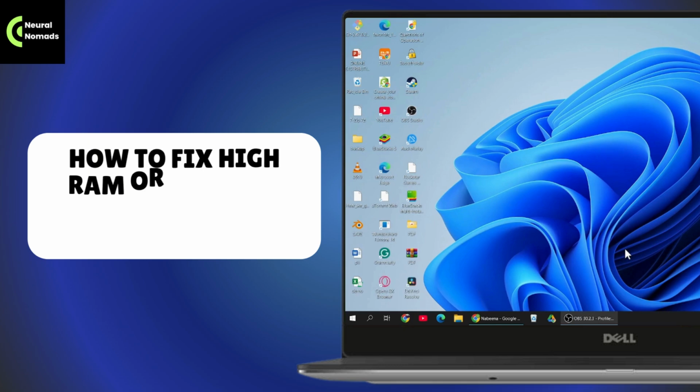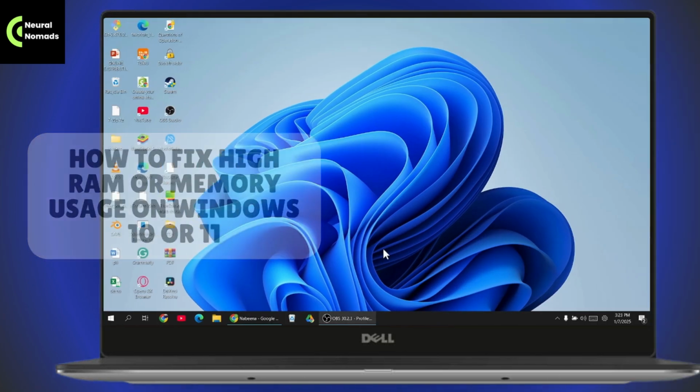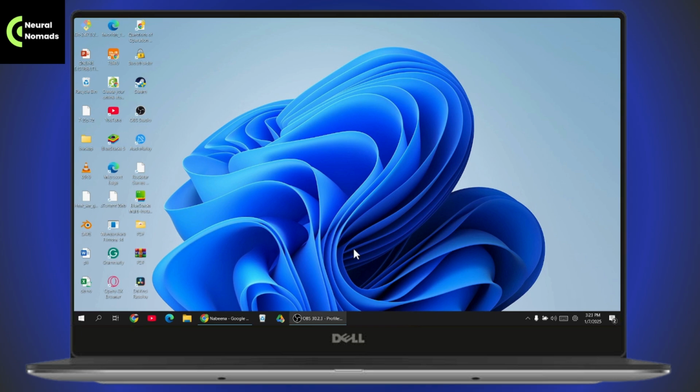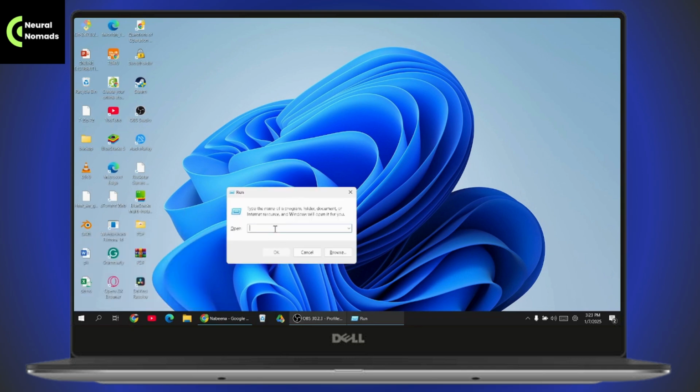How to fix high RAM or memory usage on Windows 10 or 11. So if you want to fix your high RAM and memory usage on your Windows 10 or 11, then what you need to do is simply press the Windows and R keys together, which will open up your Run. And here you need to type the name, which is